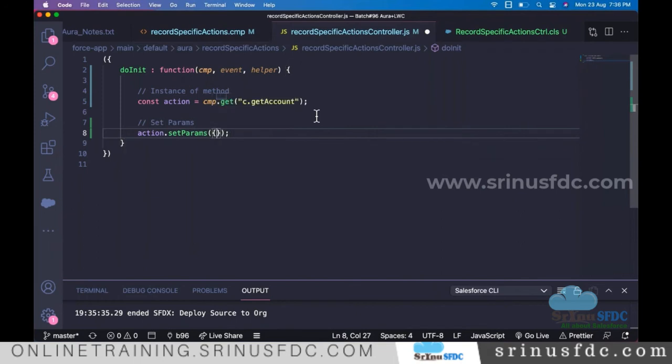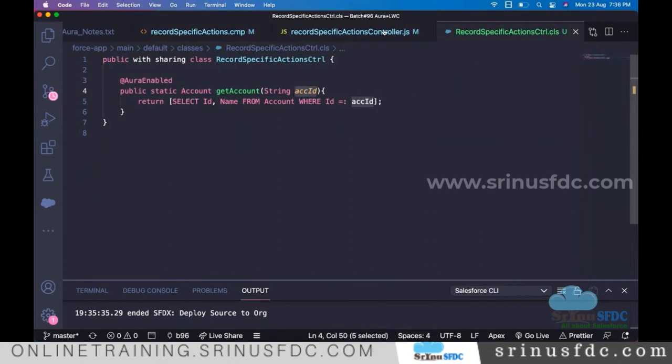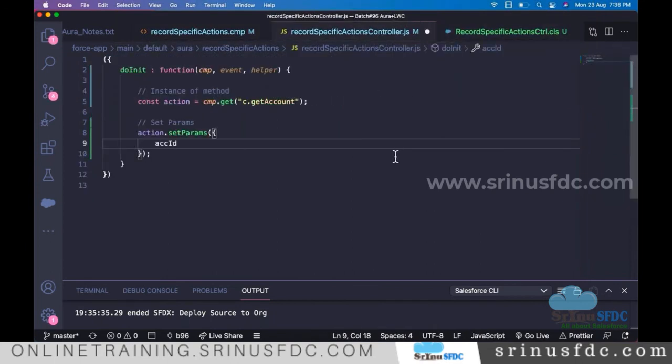Here, in object format, we are going to supply the parameters: property name value, comma, property name value, like that. Exactly what name it is expecting, with the same name we have to supply the value.